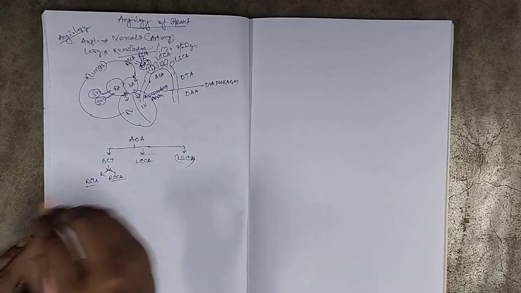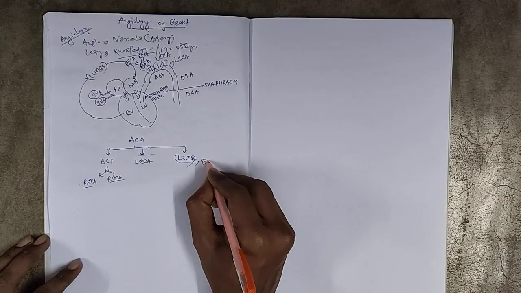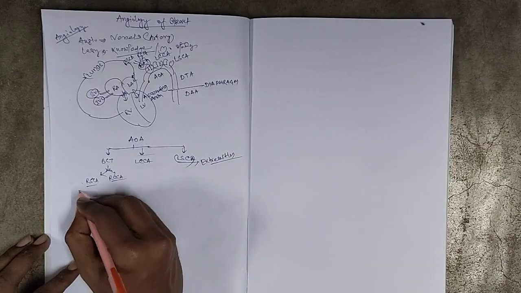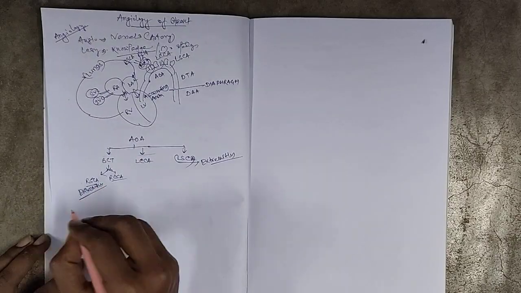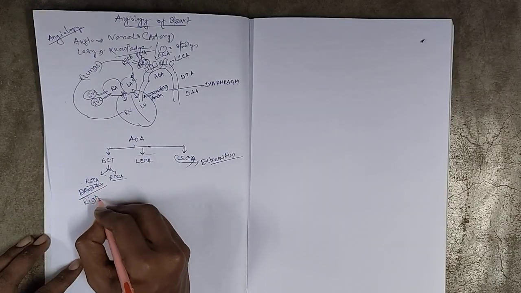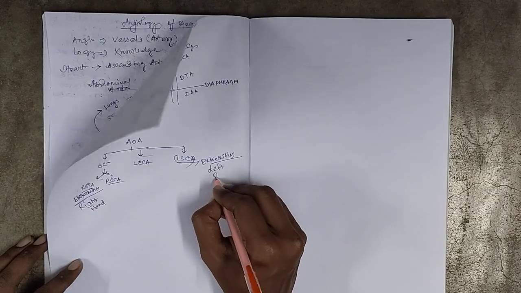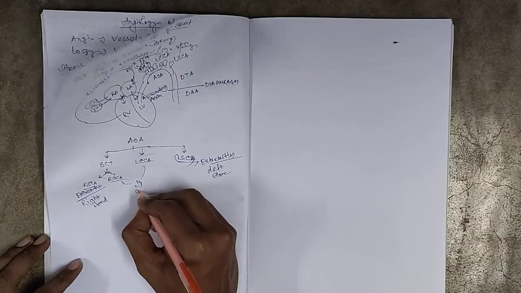And this subclavian artery will continue to both extremities, more specifically, this is in the right hand and this is in the left hand, and this common carotid will supply the head,